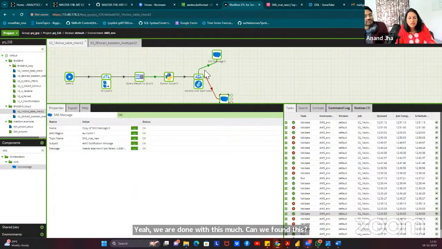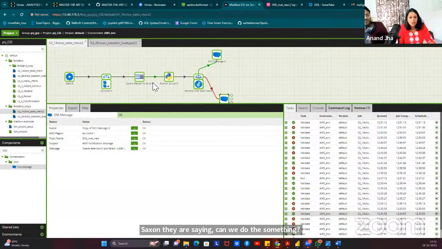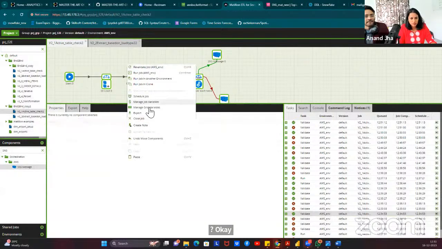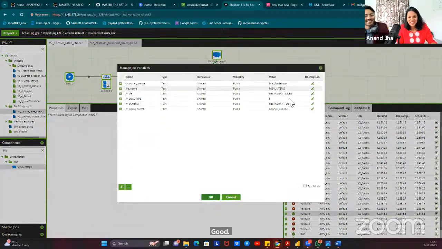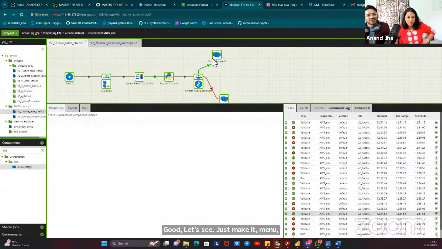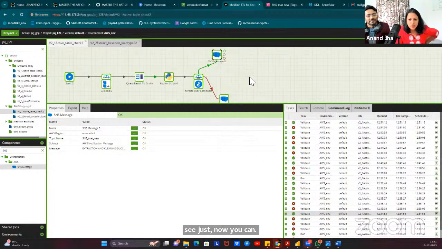Can we change some name anywhere? Or I can put this SNS here and show the failure. We can change some table, but everything is running from variables. So the variable we need to change. Let's just make it menu items, item SS, one more S you add. I want to see just. Now can we run the job? Yeah, let's see